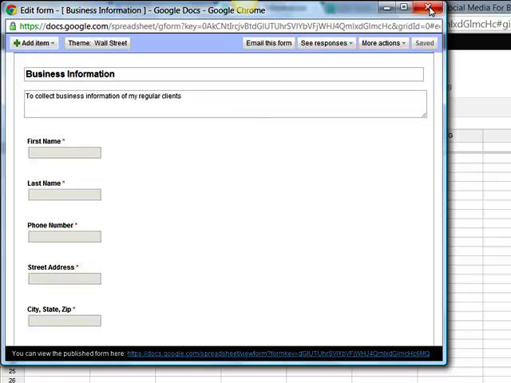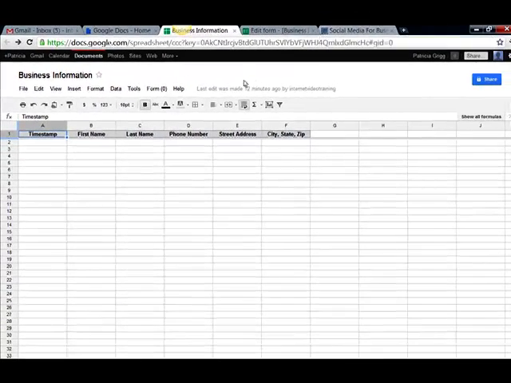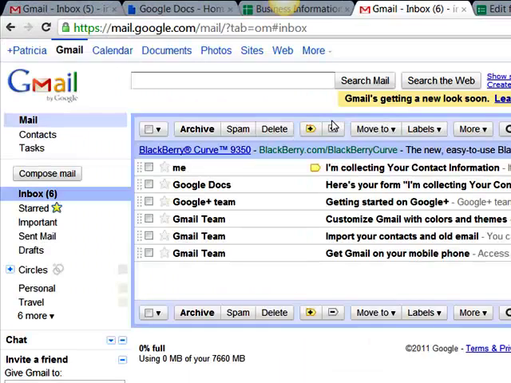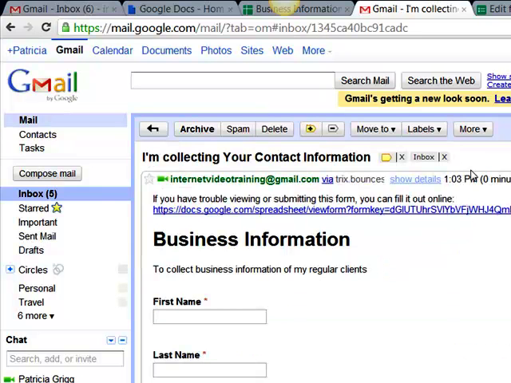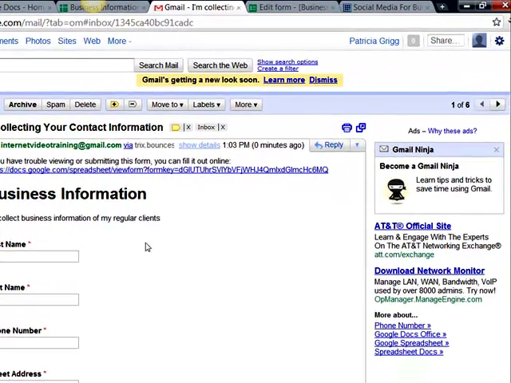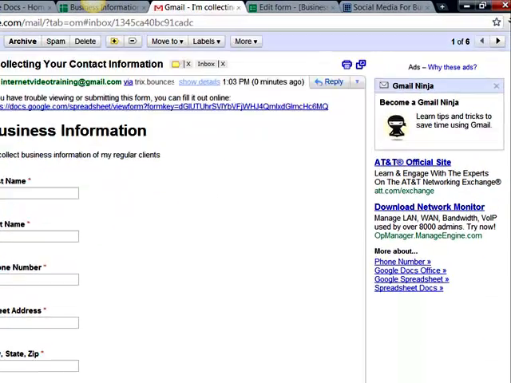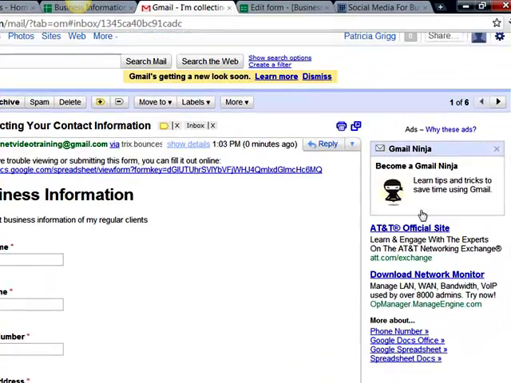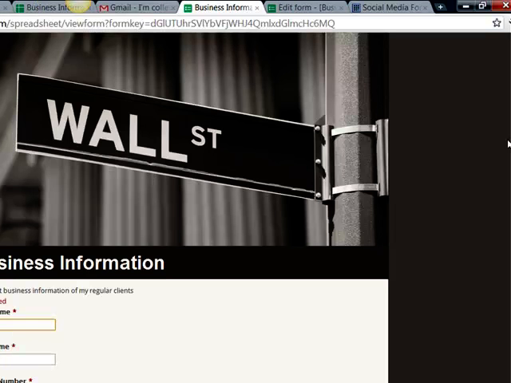And now I'm going to close this window because I want to go back to my Gmail account. And I want to see if my form is there. And there you go. There's the subject line, collecting your contact information. So let's click on it and take a look at it. And right away you can see all of the different fields that we set up. And if you want to view this in your browser, you can also do that. It tells you right here that you can by clicking on this link. And here's that beautiful